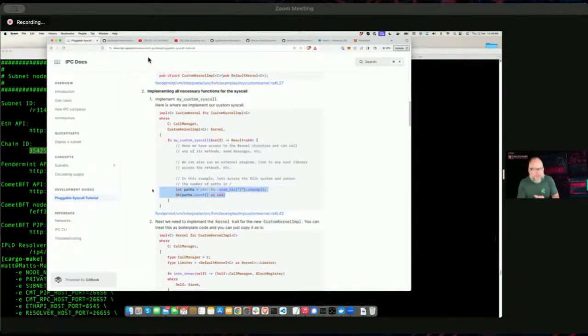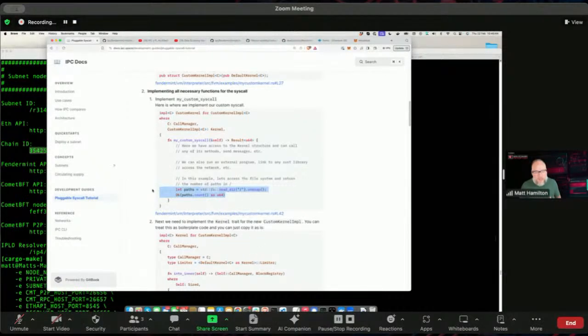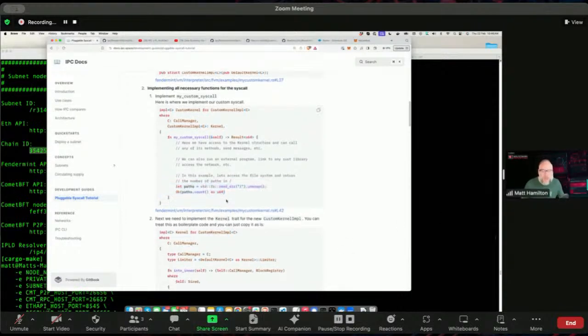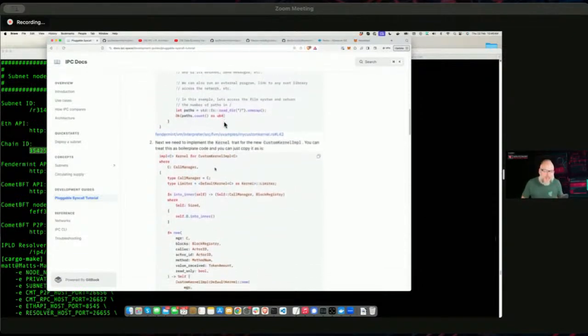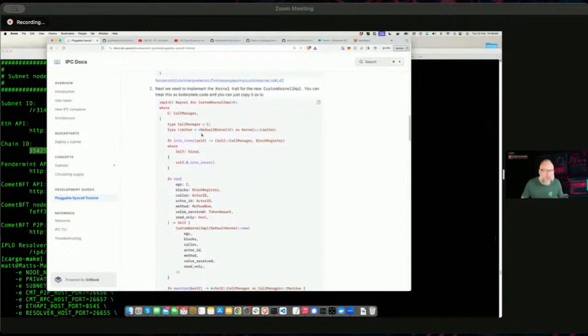Now, just to recap, we're doing this as a custom syscall. This is a bit of a trivial example, but what it is showing is accessing outside of the EVM, outside of the virtual machine. What you are doing is getting outside the sandbox here. So there be dragons. So now we're going to need to implement a kernel trait for our new custom kernel